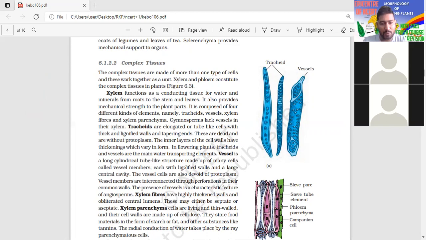Each has a lignified wall and a large central cavity. The vessel cells are also devoid of protoplasm. Very, very important: both tracheids and vessels lack protoplasm. Are you getting what I'm saying? So both